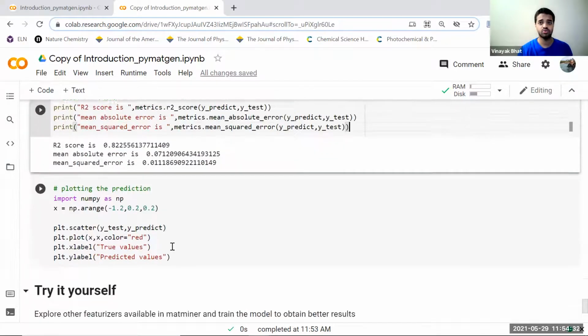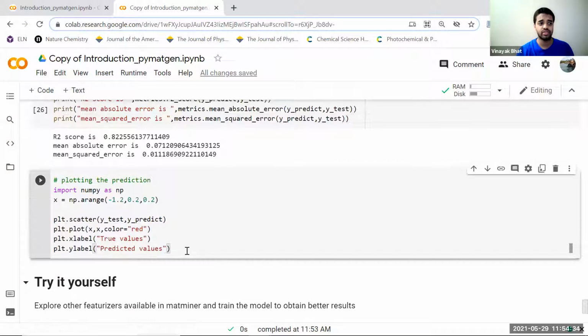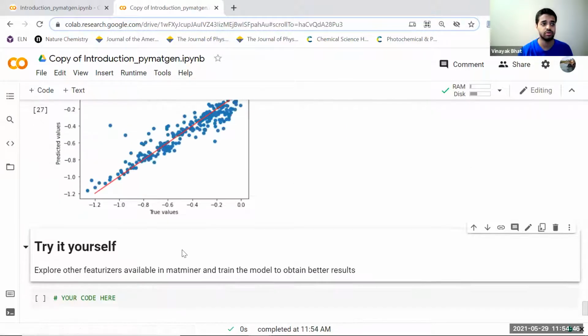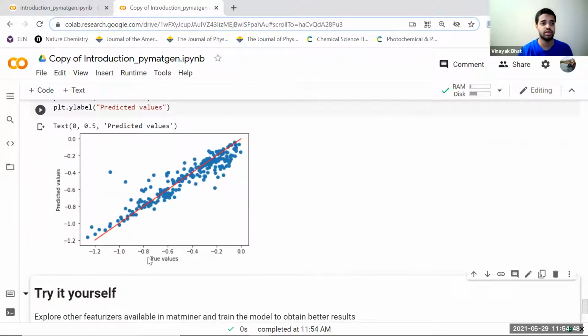If you want to visualize it, it'll be just a scatter plot where you plot X and Y. And these are just to get a straight line to fit, X equal to Y. If you see that plot, these are the true values, these are the predicted values, and it's pretty decent, not too bad either for a very simple model that we have here.